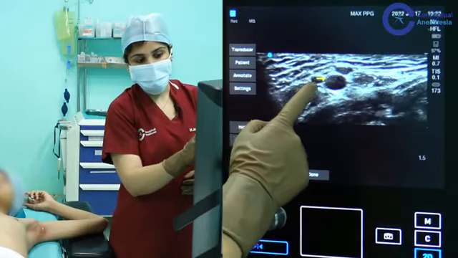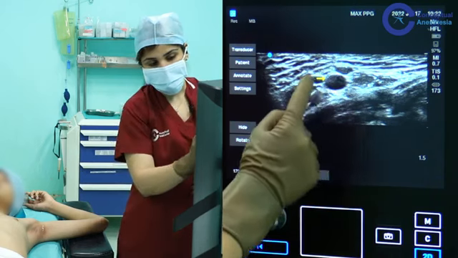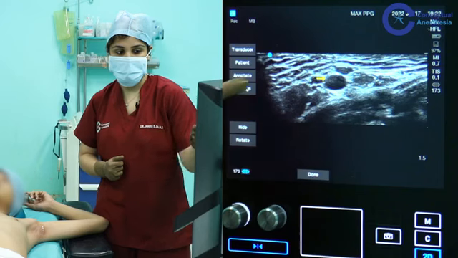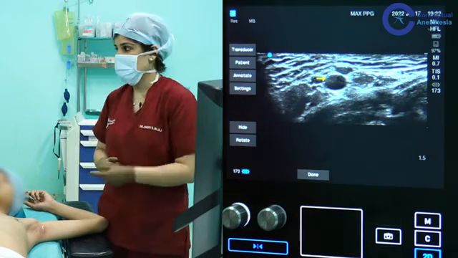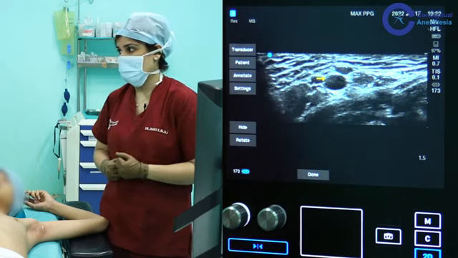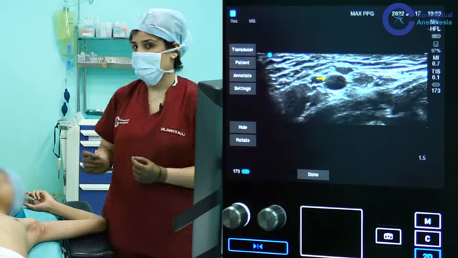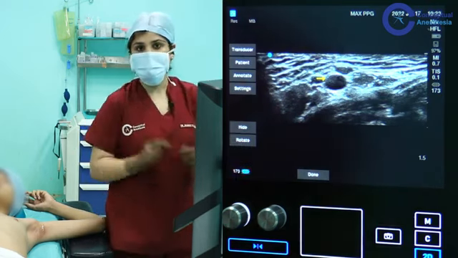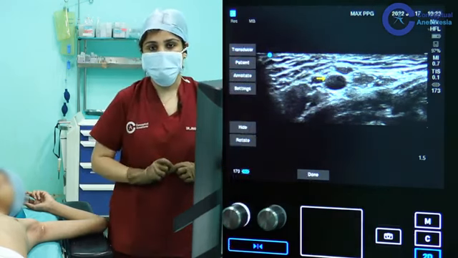So if you have a look at the sonoanatomy here, where I have placed the pointer, this is nothing but my axillary artery. Now how do I know this is axillary artery? While scanning I showed you that it was pulsating, and also by putting the color Doppler you can have a look at the artery. When I release the pressure, and that is absolutely important to release the pressure during this block,